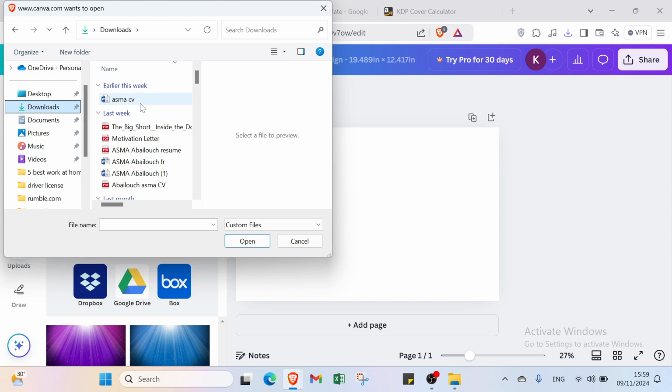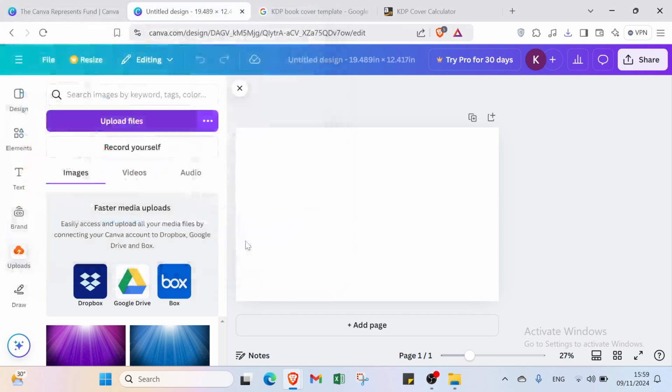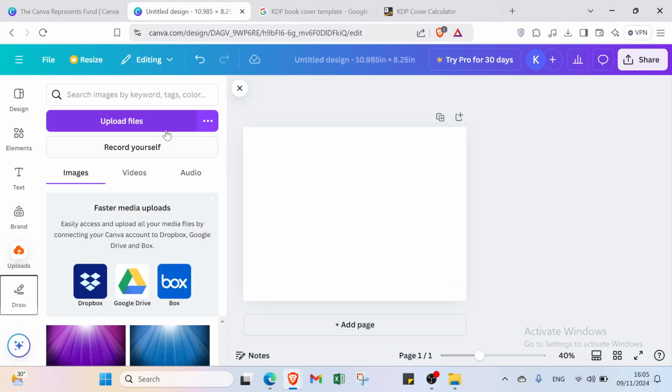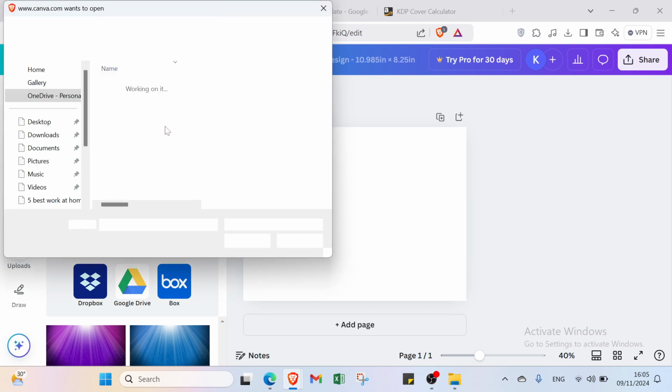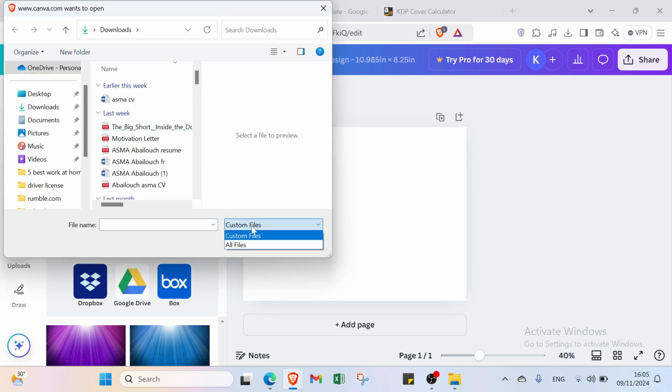Then I will just here choose KDP book. Here we have it, as you can see, and then I will just open it like that. And alright, so here we have it. You can just upload, as I said, and then you upload your files by just selecting all files, and